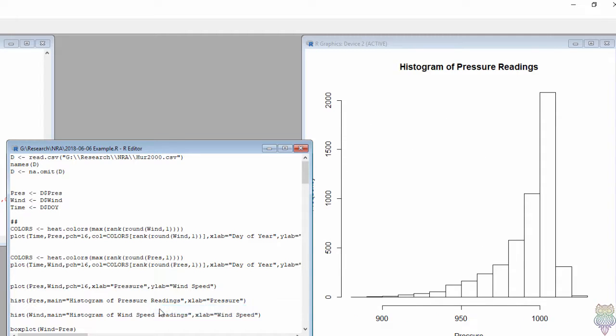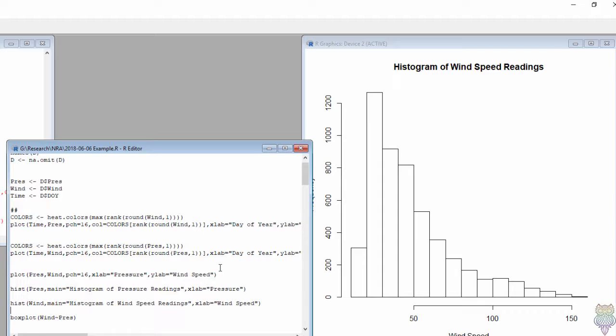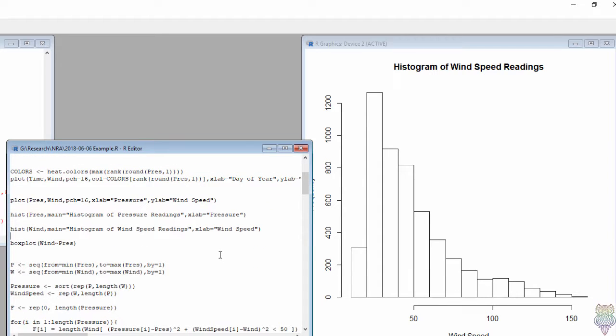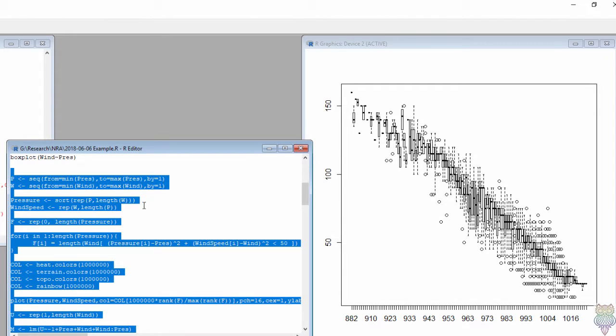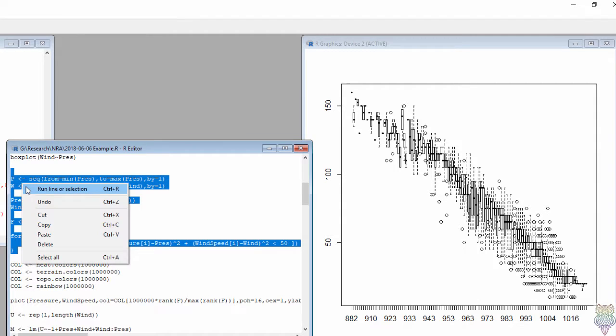If we look at pressures, they tend to be high and very rarely are low. If we look at wind speeds, they tend to be lower and are rarely high, which means that we have a codependent variable here. So I created a gridded map here to count the frequencies,